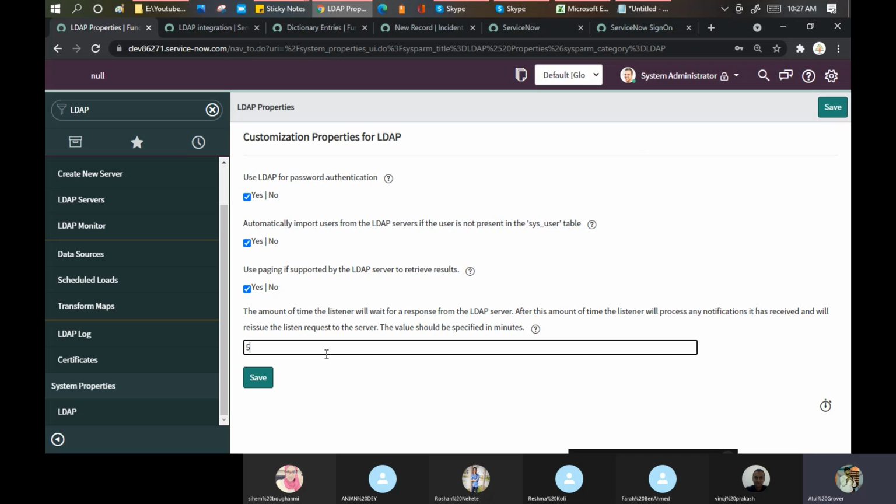If he or she needs your support, he will call you 3 times back to back, 1, 2, and 3. If you do not respond to the 3 continuous back-to-back calls, then it will be escalated to the next level. That is what you follow. So it's how much time you want to wait for the response from the LDAP. It's 5 minutes. If till 5 minutes LDAP is not responding, come back with the error. That's fine for me.